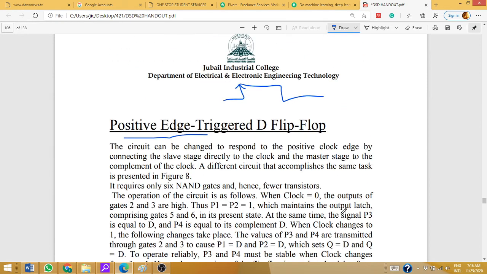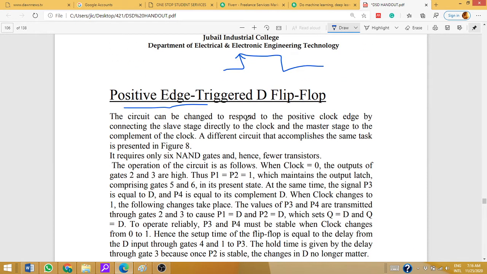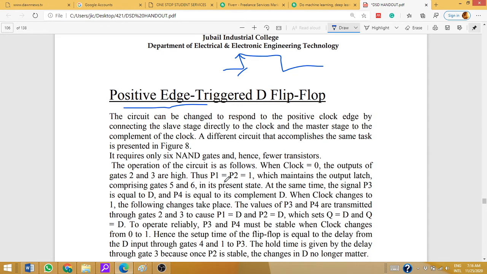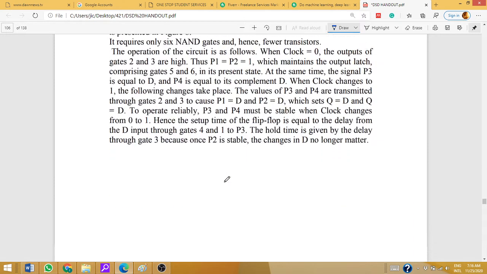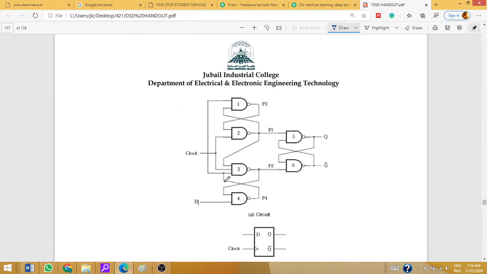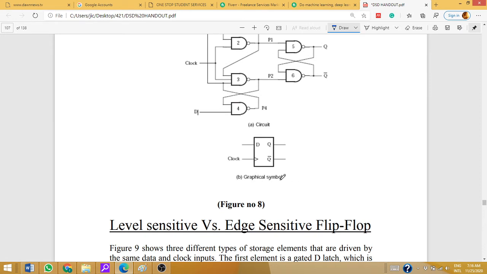Anyway, the positive edge trigger flip-flop is the same as negative edge, but here it depends upon the rising edge. The output will follow D during any positive edge of the clock. So this is some working of this one. If you want to leave it, neglect it, no problem, because it will take time. As we discussed, this is the symbol of positive edge. It is a flip-flop. And what is negative or positive? Here there is no bubble. It means it is a positive edge trigger flip-flop.